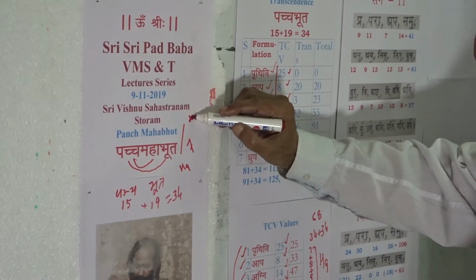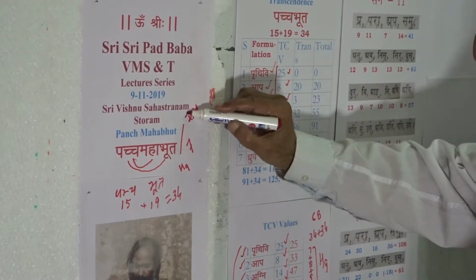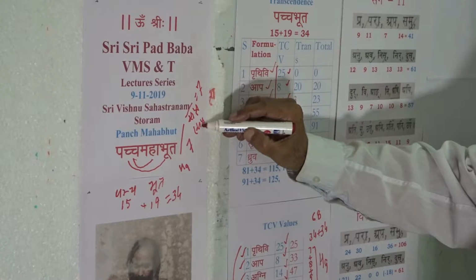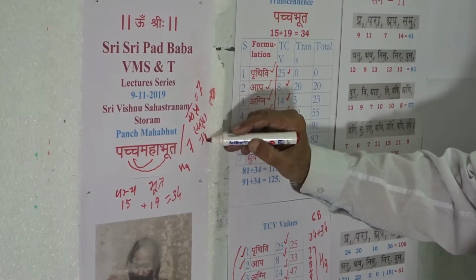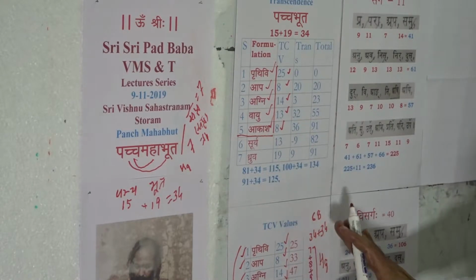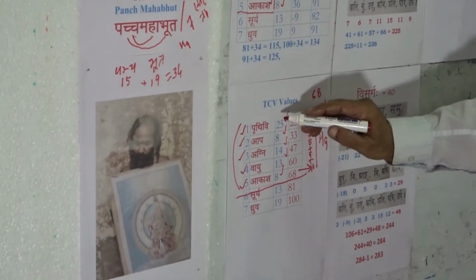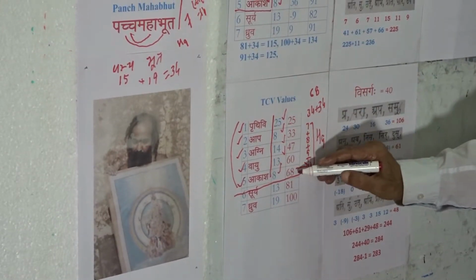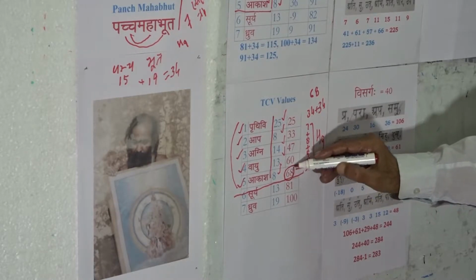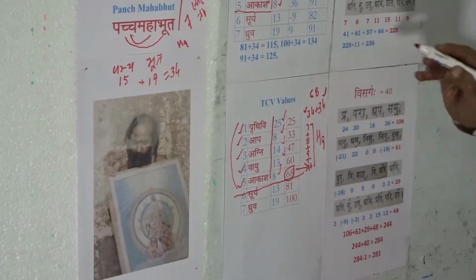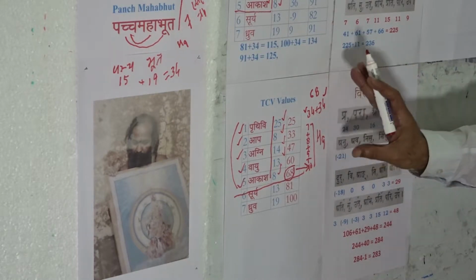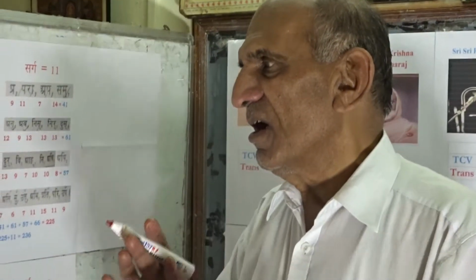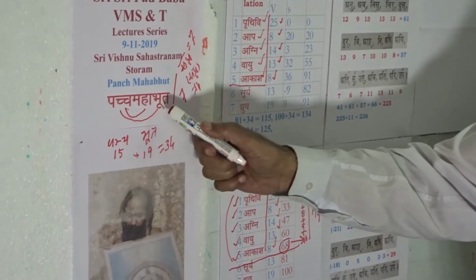We know the formulation Sapta with simple rendering value is 7 and it is of TCV value equal to 14. It is in this context that we will appreciate that these 5 formulations Prithvi, Apa, Agni, Vayu and Akash together are leading us to value 68, which is 34 plus 34. It is this feature which deserves to be comprehended well to have proper appreciation of the formulations Panchbhut, and further